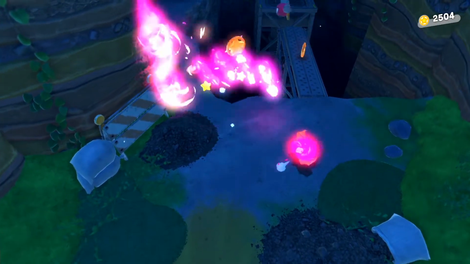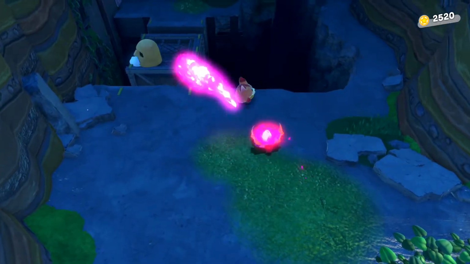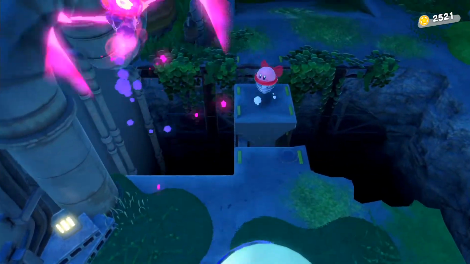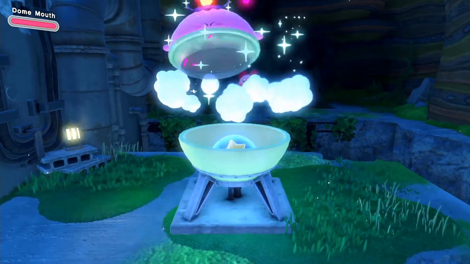But it kind of gives you a chance to get to grips with how the controls work and how some of his abilities work in 3D, because obviously most of the time, with Sword or any of the other ones, Cutter, you shoot to the left and the right, and that was pretty much it. But now, you have to kind of aim it slightly. Now, I do think Kirby has a slight lock-on in this, where with some of the abilities, it will kind of aim in the general direction of an item or an enemy,